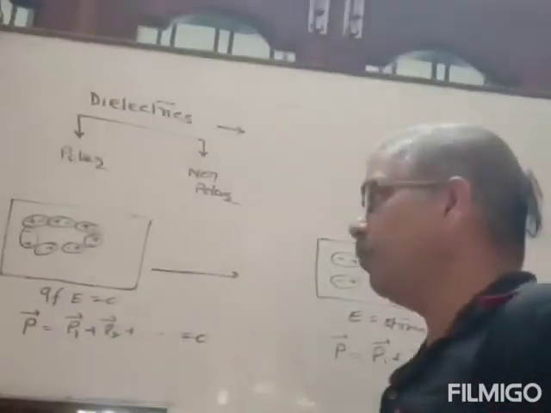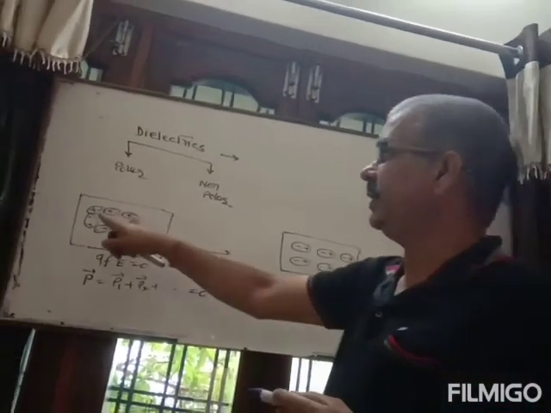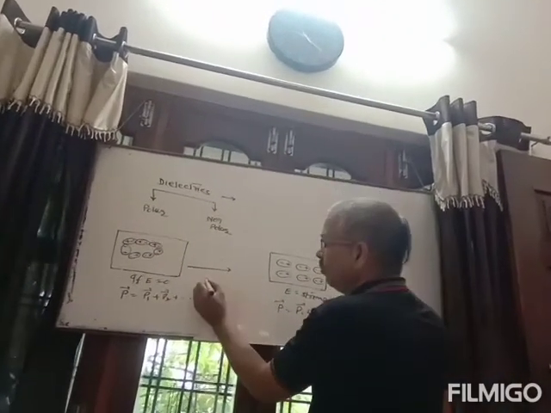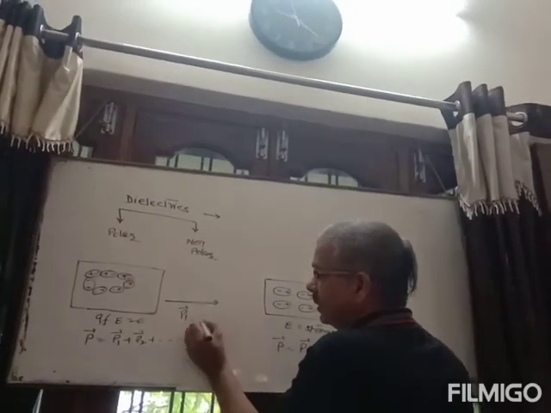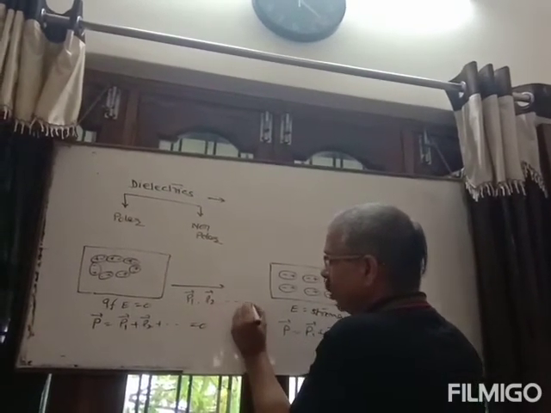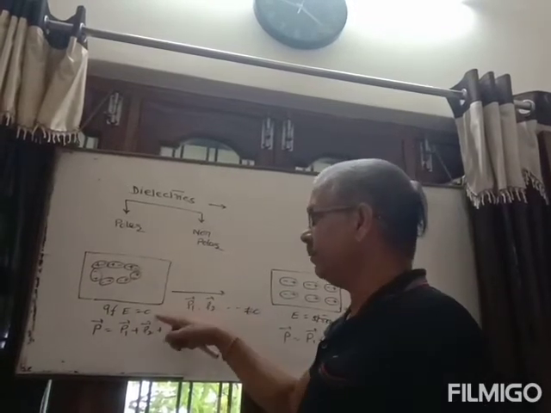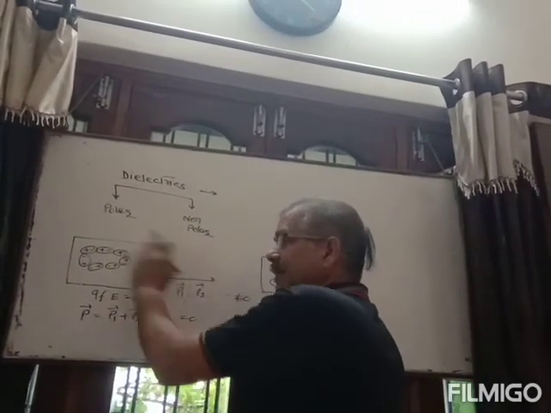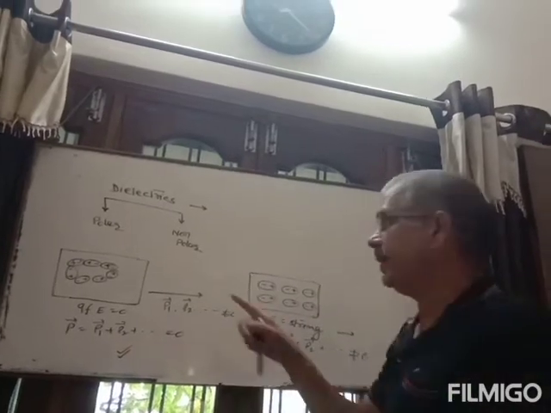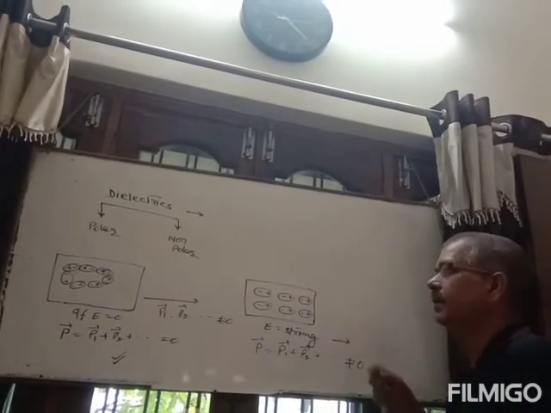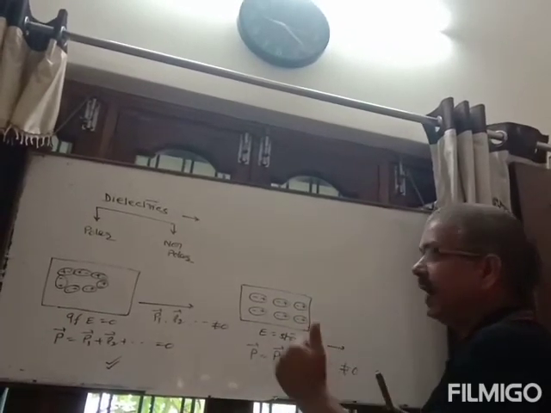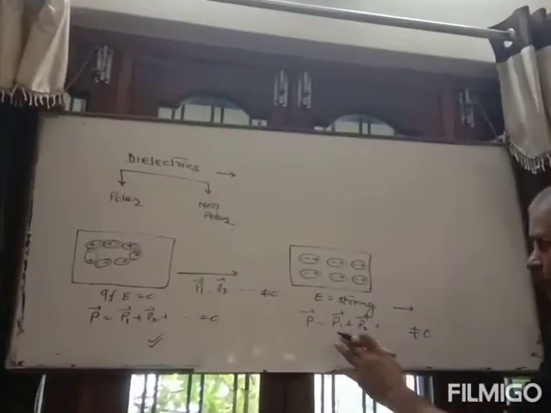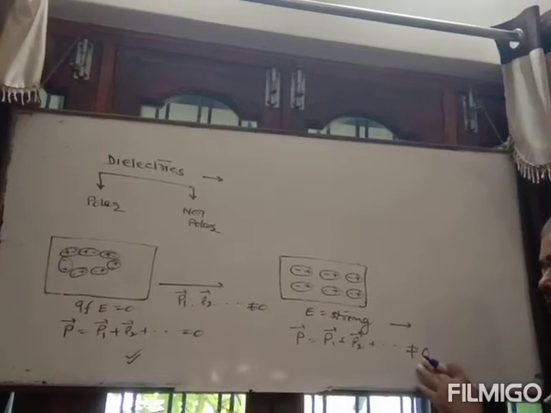So what is the actual definition of polar dielectric? A dielectric in which the positive and negative charge centers are separated by a certain distance, and their individual dipole moment is not 0, but in the absence of an electric field they are arranged in the form of a loop. Therefore, the net dipole moment of the body or system is equal to 0. But if these dielectrics are kept in a strong electric field, then the positive and negative charge centers get aligned, positive towards the electric field and negative opposite to the electric field. So the net dipole moment of the system is not equal to 0.